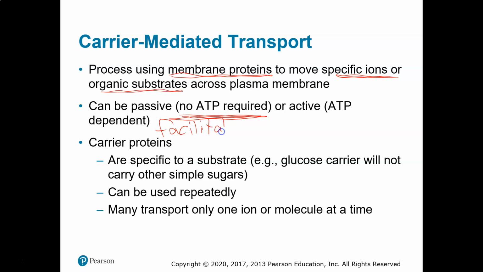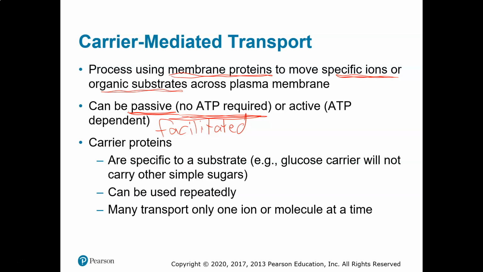All right, let me think about my spelling. Facilitated diffusion or facilitated transport. So that's when a carrier protein is used, but no energy is required. Is that how you spell facilitated? That's an example of passive transport. But carrier transport can also be active